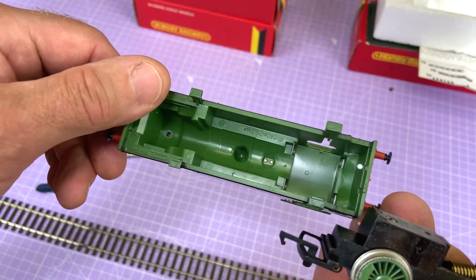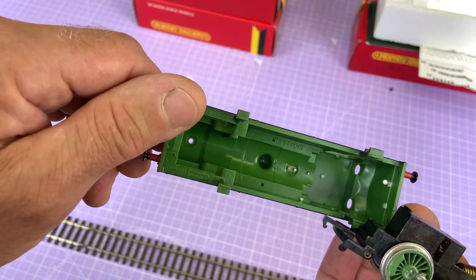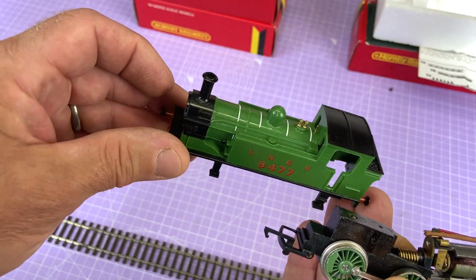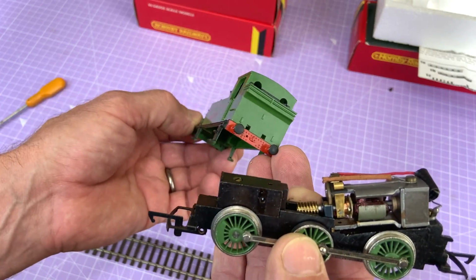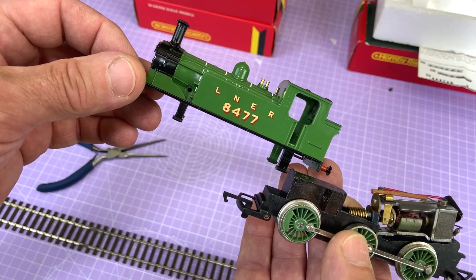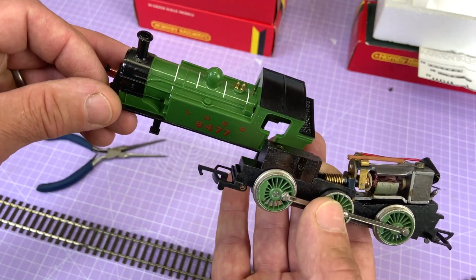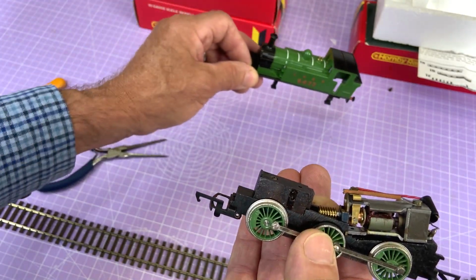So if you look inside, R252 and then 010, it's actually matte inside, so there must be some sort of a spray finish on this to give it that sort of semi-gloss. But it's a beautiful little moulding, and the L.N.E.R., the 8477, all applied very nicely, and we've got those really nice white boiler bands. So I'll pop that down,